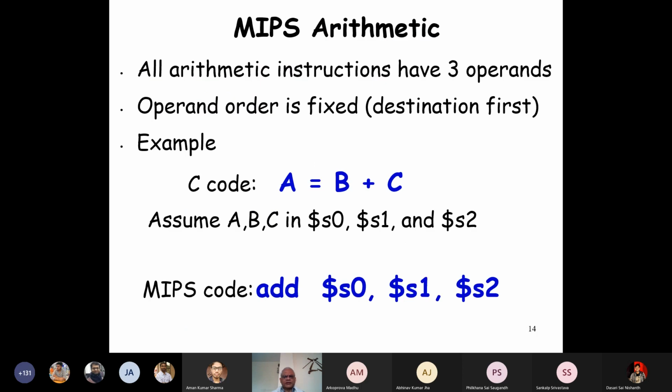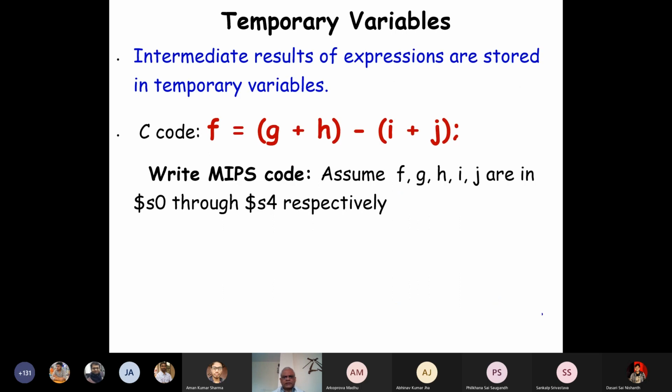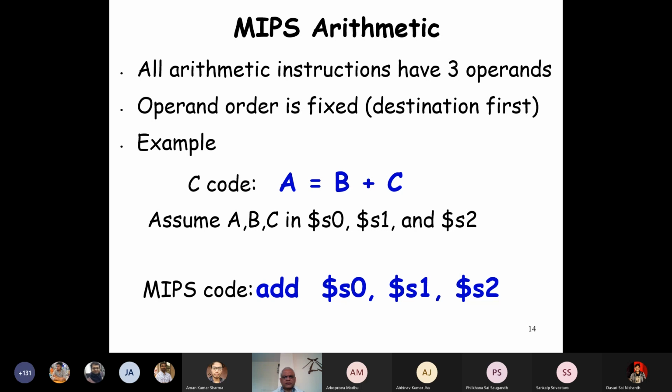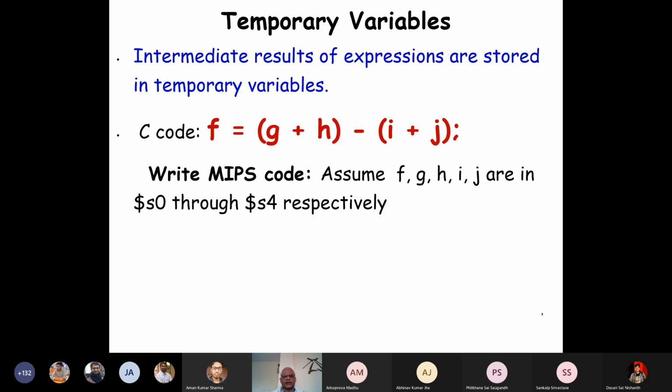Now let's write this program. We wrote this program actually, A equal to B plus C, and I was just mentioning that we have to first bring B and C into registers, add them, and store the produced value back into the memory. Now let's write this.